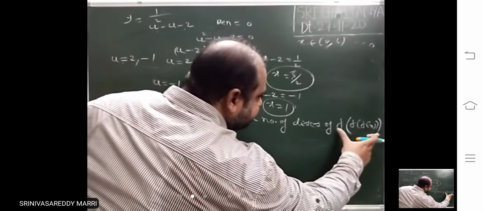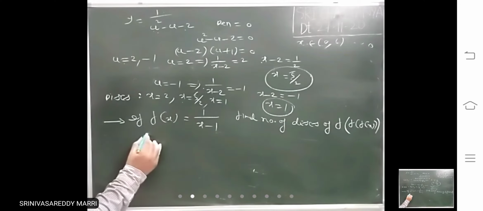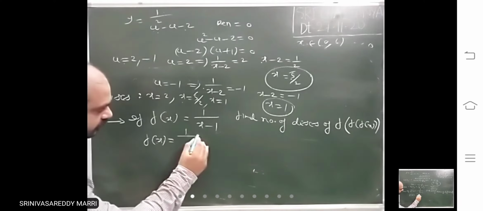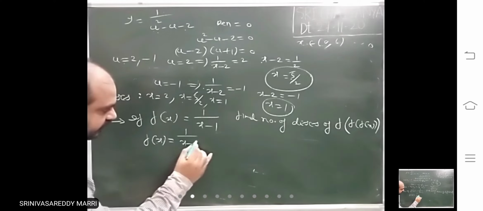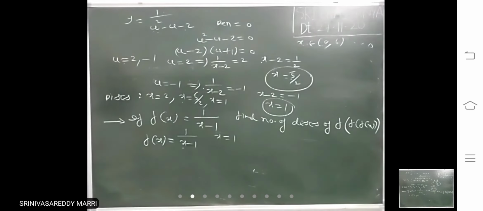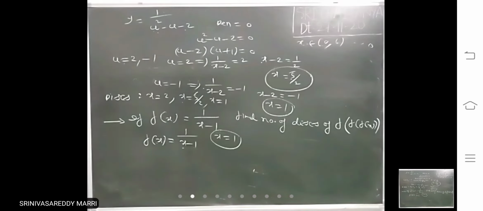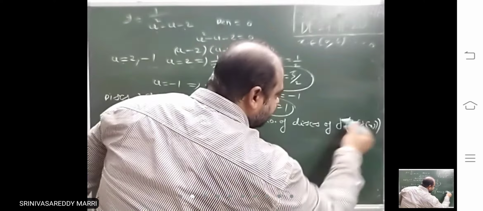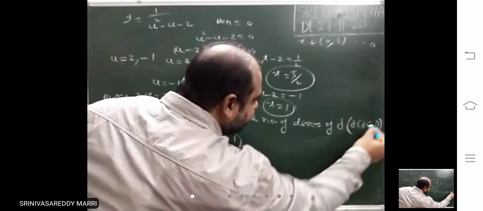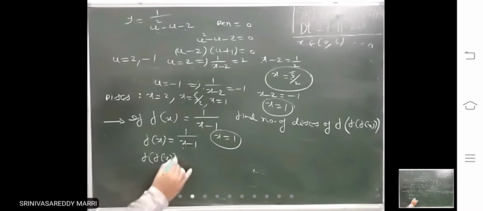First, how to deal with this problem: take the last f of x first. Where will it be discontinuous? Denominator equal to 0. This is one point of discontinuity. If this becomes infinity, the complete function will not be continuous. Next, add one more f: f of f of x we will calculate.